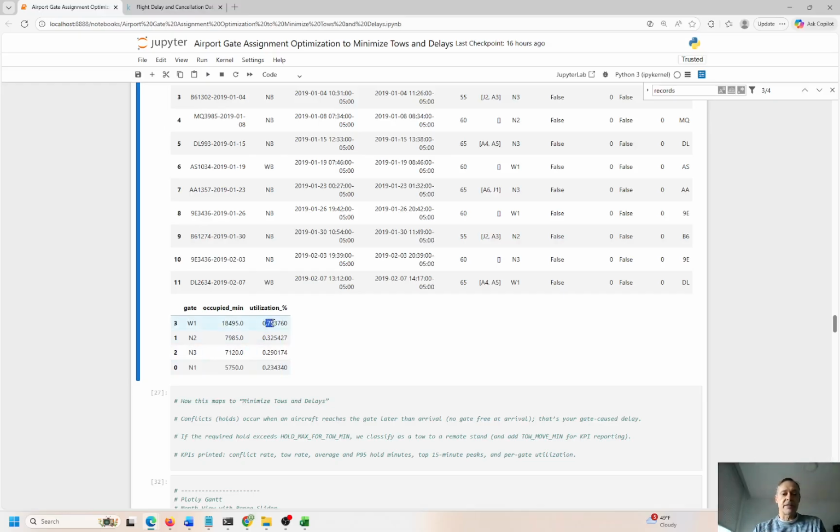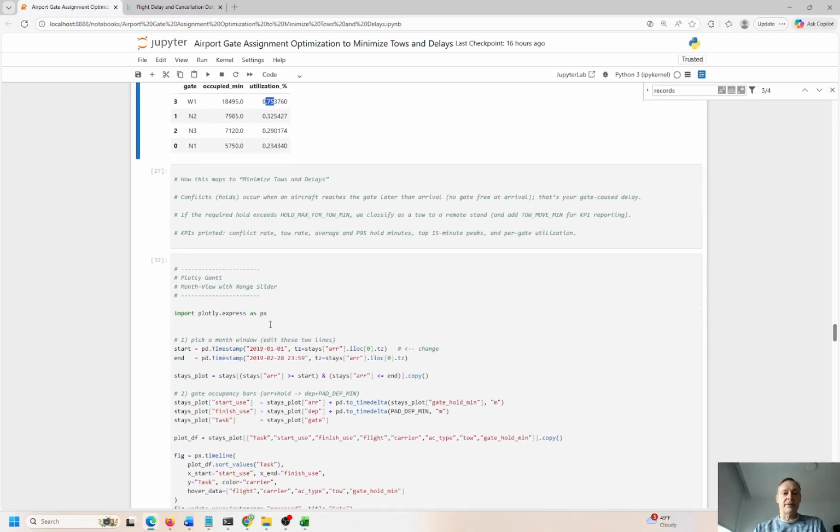This one is probably utilized at a capacity that it could handle. I don't know if I want to go too much over that, because if you get to a point where you hit a tipping point, then there could be a disastrous consequence, right? So you don't want to deal with that. So again, we're trying to minimize tows and overall delays for the airline, for the passengers, for the crew on the plane, right? Win-win-win. If we can optimize this